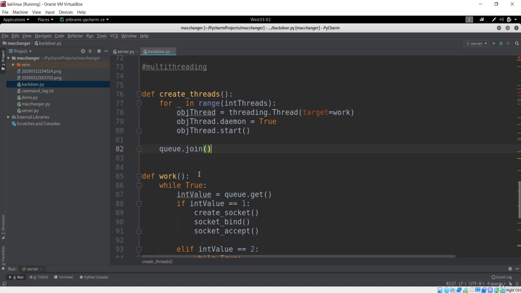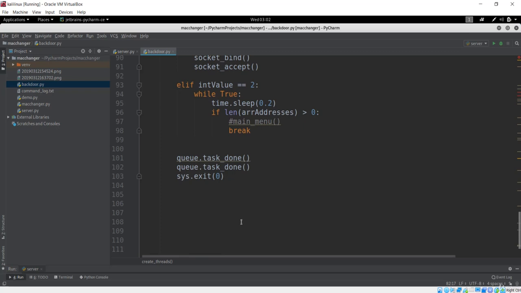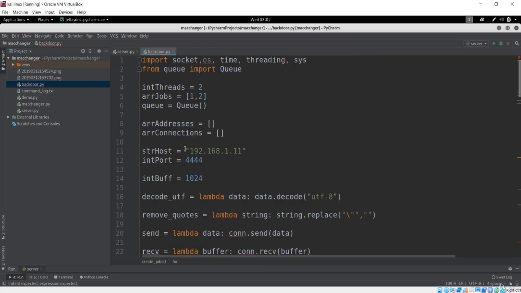The last method we have is to create the jobs. So let's define it here. I'll just create jobs. This is all about the multi-threading. If you remember, we also created an empty list, the list for the array jobs, which was 1 and 2.